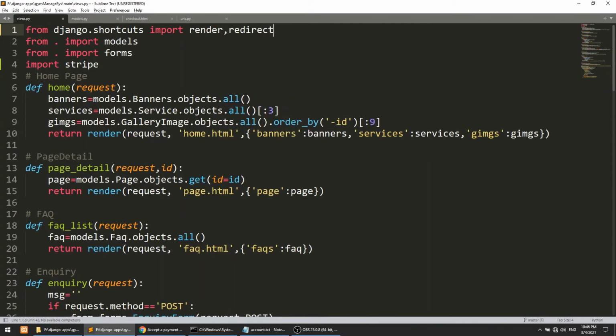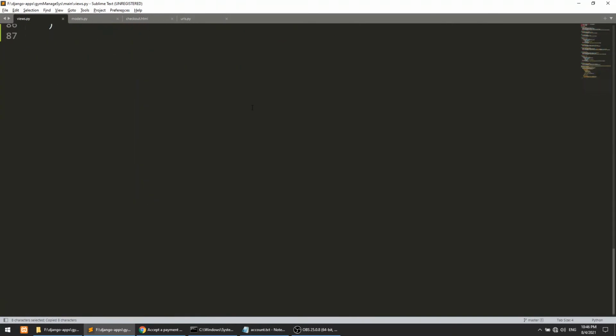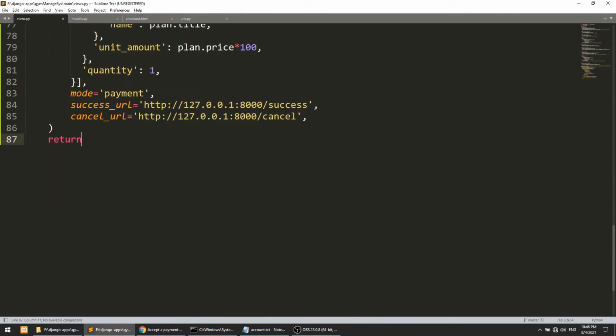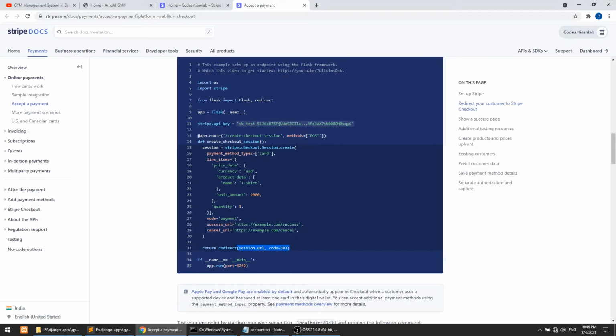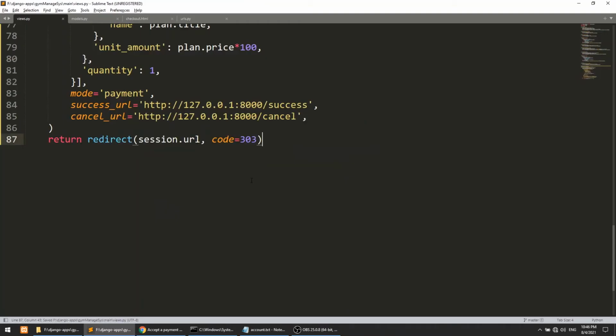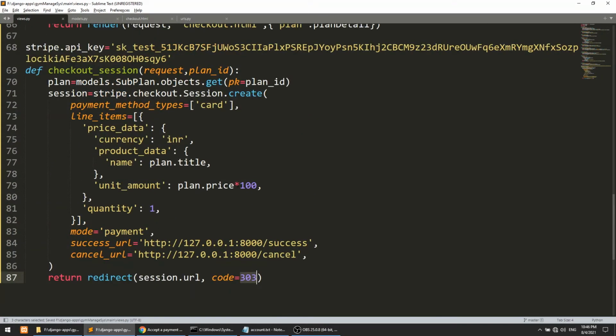And after that we need to redirect this, so we need to call the redirect, and then we will return redirect, and where we are going to redirect: we are going to redirect to the session URL, and this is the server code. Okay, so we have created this. Now when we click on this button, it will go to the views and call the URL of Stripe, and according to our action, it will redirect to the success or cancel. So we need to create this URL. Okay, so let's create this URL.